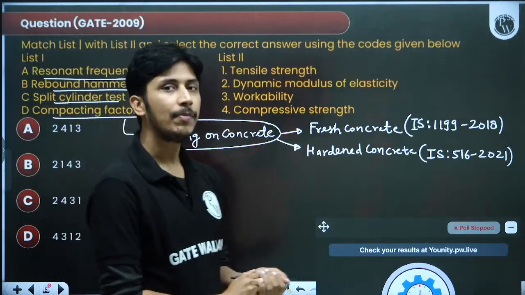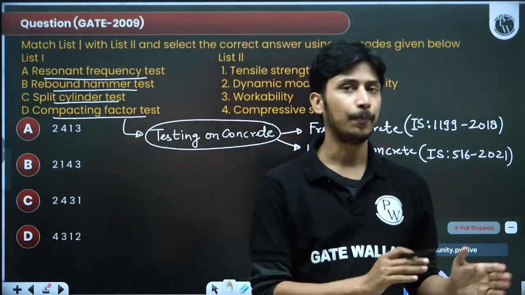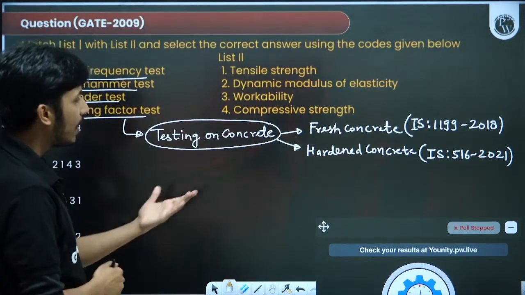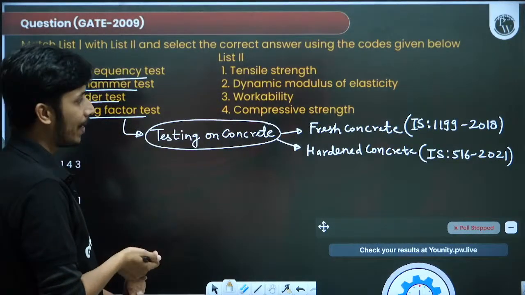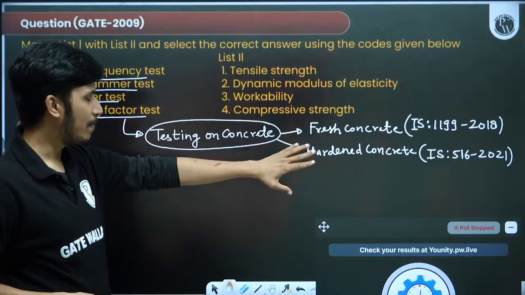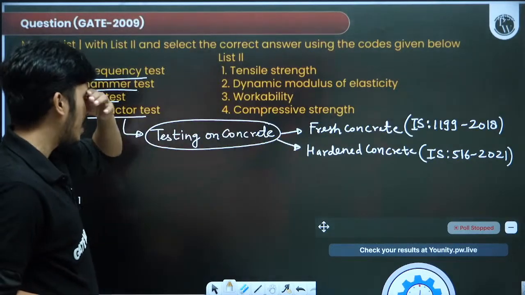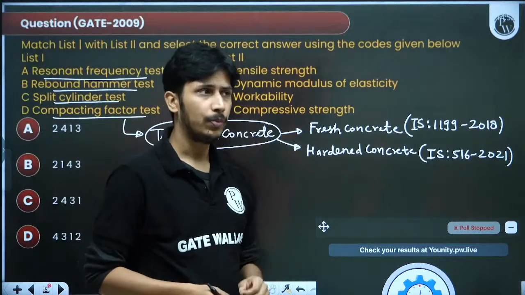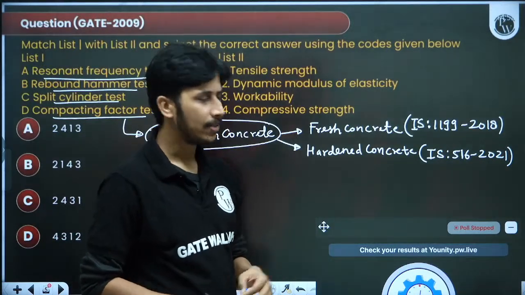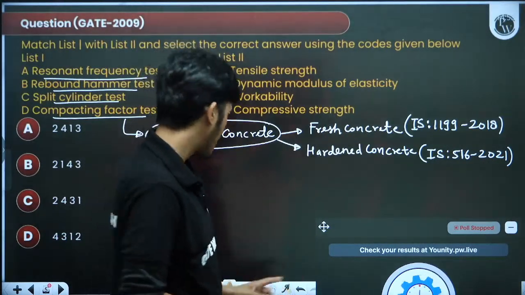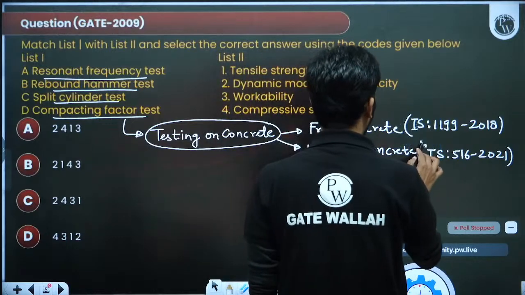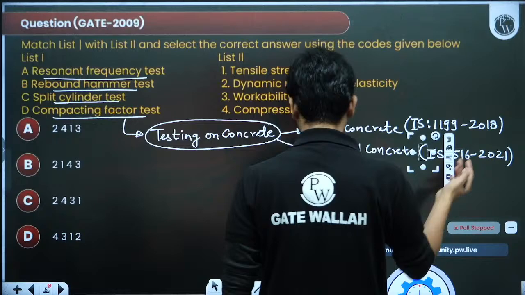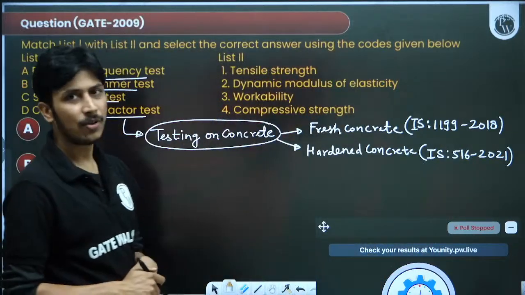Like the concrete mix design code has been revised in 2019. It's 10262. So you must know the revision also. So for hardened concrete it is 516, for fresh concrete it is 119. Please check. I don't remember, because I taught the building materials 2 to 3 years before. So please check if I have told you the correct thing, because I think I have told you correctly, but sometimes it is reversed also.